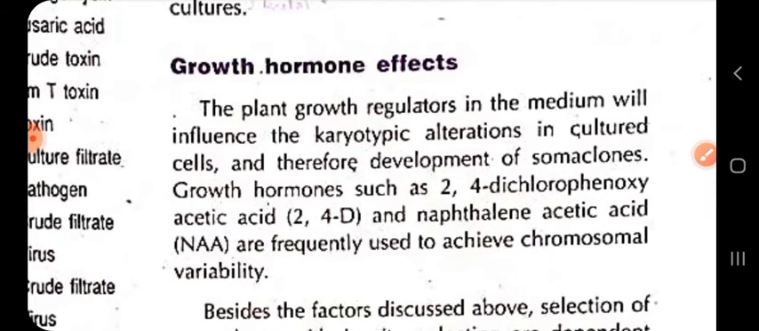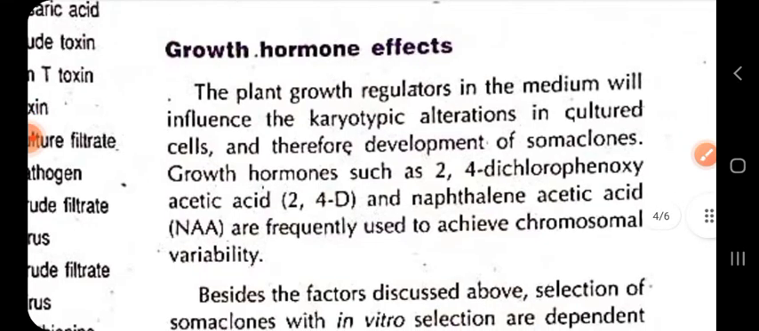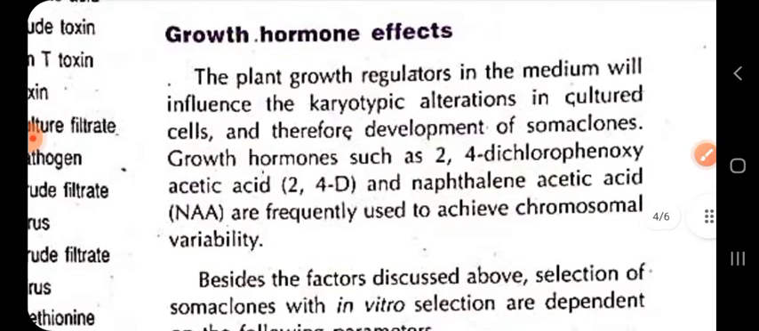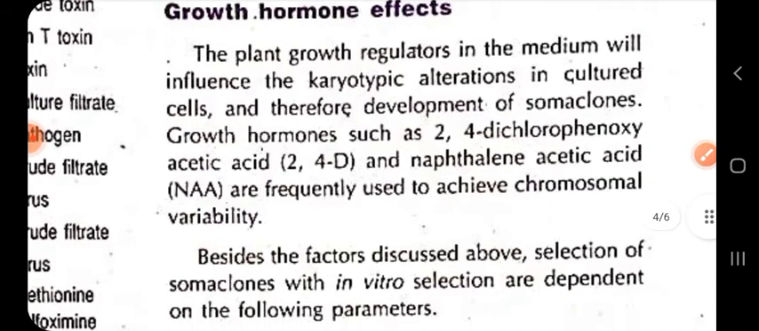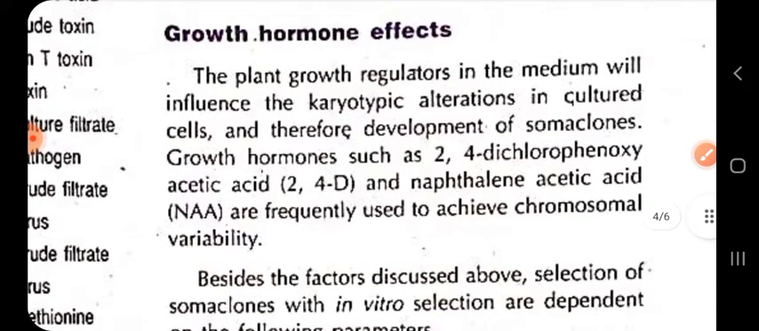Growth hormone can also affect the variation in the plants. The plant growth regulators in the medium will influence the karyotypic alterations in culture cells and therefore the development of somaclones, like 2,4-dichlorophenoxy acetic acid, which is 2,4-D, and naphthalene acetic acid, which is NAA, which are frequently used to achieve somaclonal